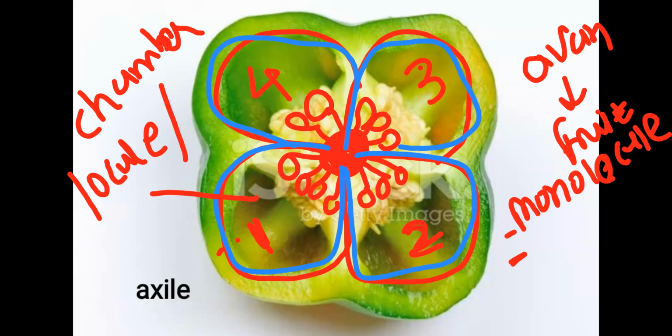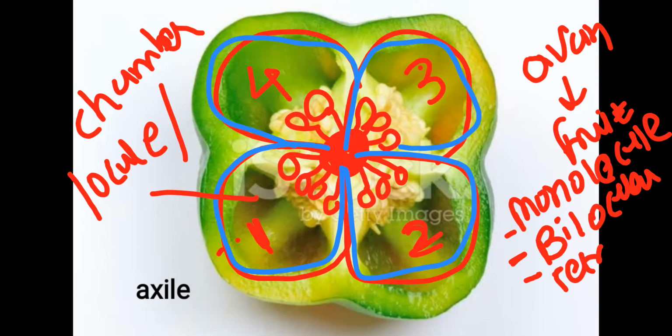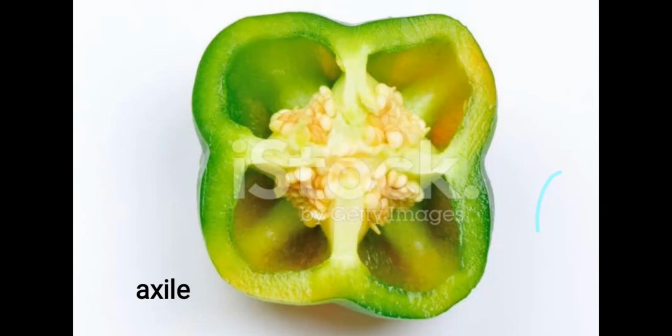Then next, if two locules, we call it bilocular. If three compartments, then trilocular. Four, we call tetralocular. Simply more than two we consider multilocular condition, for 3, 4, 5, whatever in number. Right? So number of